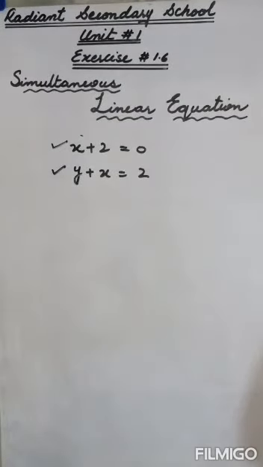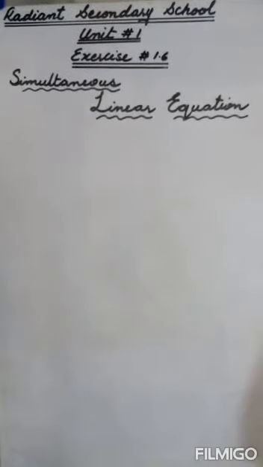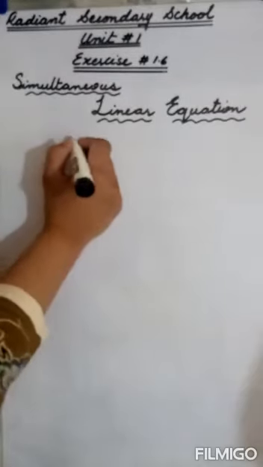Now students, what is a simultaneous linear equation? Basically, simultaneous linear equations are a group of linear equations. If you are having two or more than two equations and variables are involved in them, a different number of variables, then you can say these are simultaneous linear equations. We are going to discuss two